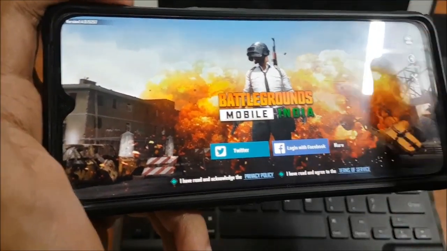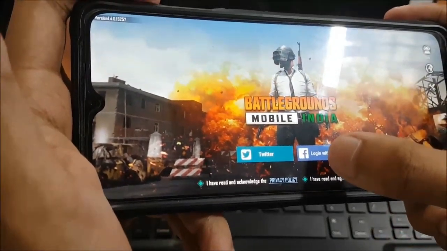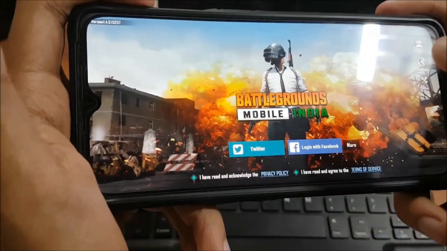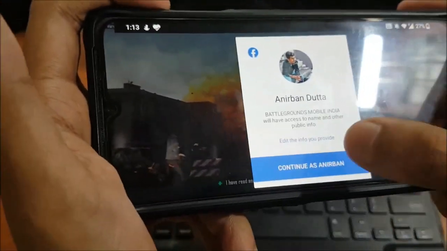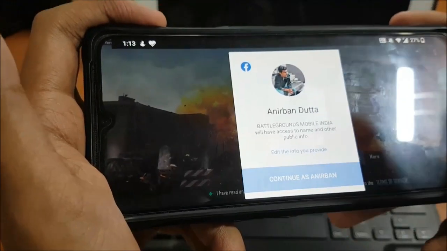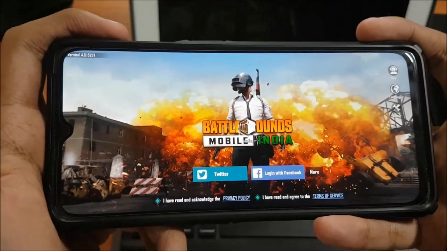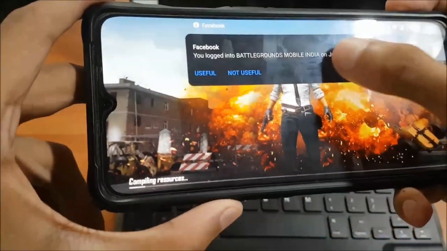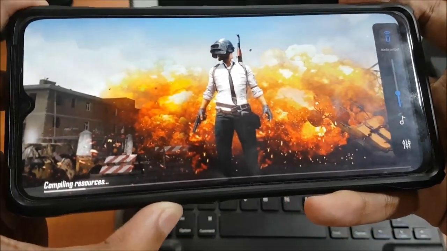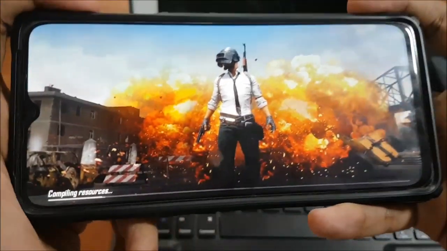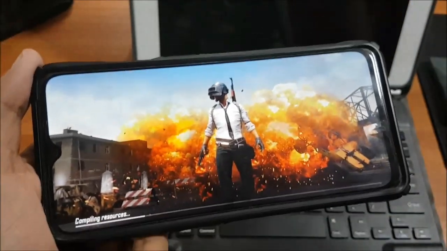First of all, for your main ID you have to click on any one of those. I choose this one, that is Facebook. I have to click on it, and here it might be different for others also. You have to click on continue, and here you can see that it's loading. Okay, so let me increase the volume. Okay, so here as you can see, the official music.